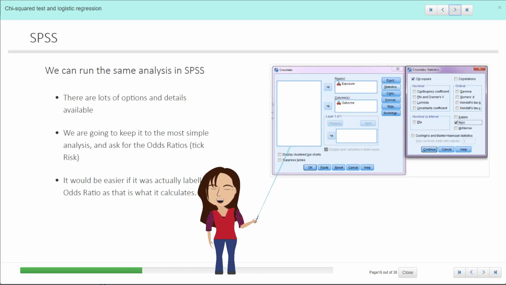We can run the same analysis in SPSS. You can do it without the raw data, although it's a little bit tricky. I think what I did was fake the raw data in this case to demonstrate it. There's lots of options, but what we're going to concentrate on is just looking at the